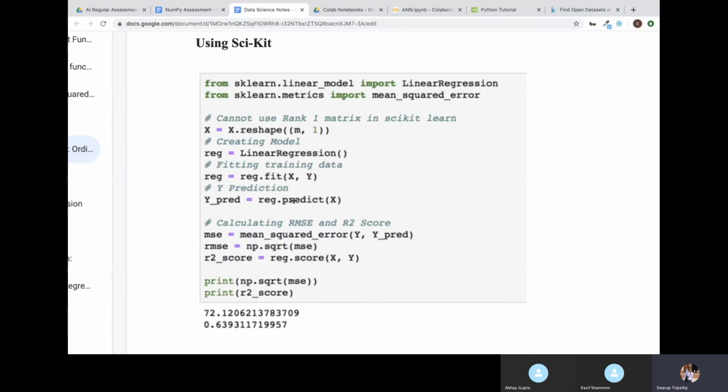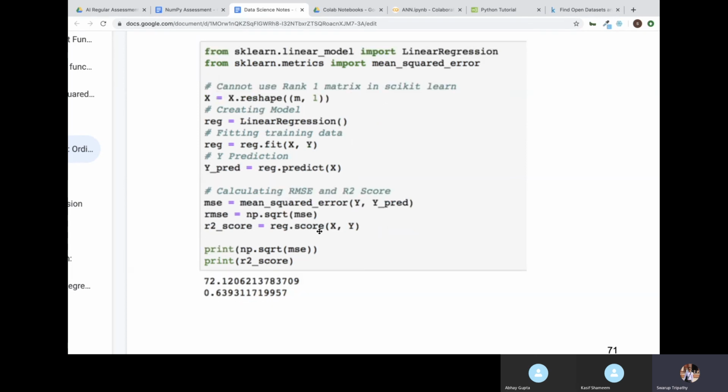Then regression.predict to predict the values, predict for the X values. Now to check the score, that is R square, you can just write regression.score(X, Y), which will give you the R square value. To find out the MSE, I'm using the extra metrics package I imported from scikit-learn: mean_squared_error of Y and Y_pred gives you the mean square error.